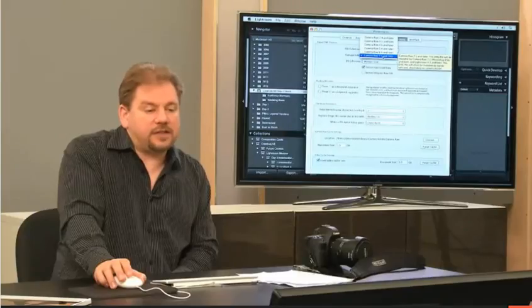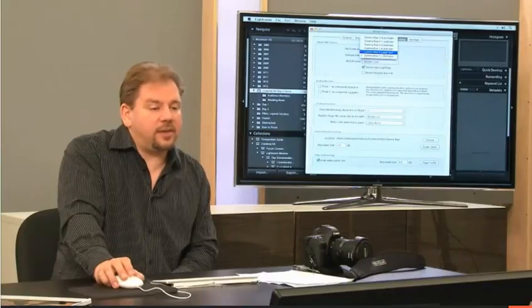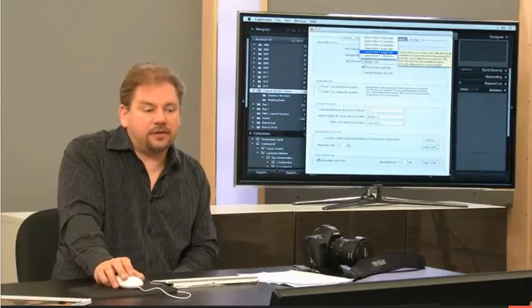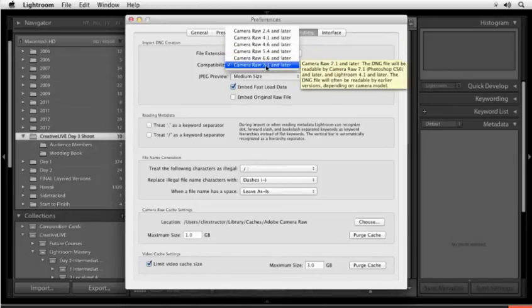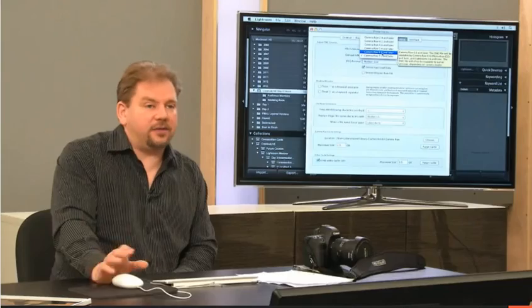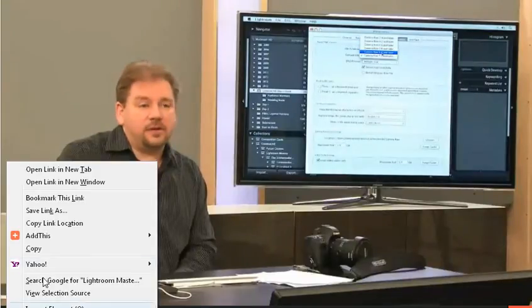So here we have Photoshop CS6 and Lightroom 4.1. If somebody in my office has an older version and I need to share my files with them, then I might want to go one version back, and it tells me that would work with CS5 and Lightroom 3.6. And so I want to get to the newest version that would support all the people I think I might share my RAW files with, or my DNG files with, I should say. This doesn't have to do with JPEG files, or TIFF files, or Photoshop file format images. This is for DNG images. So if I'm going to